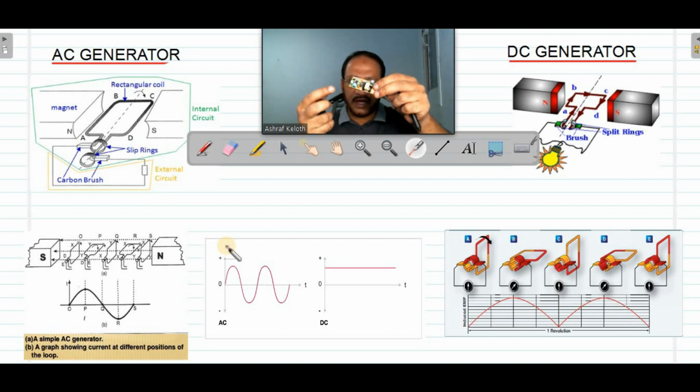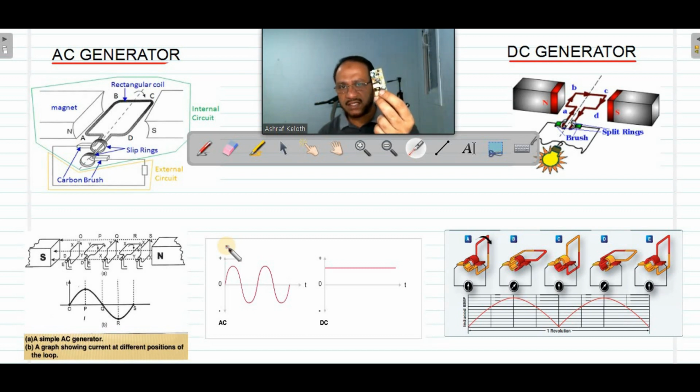Then after that you can see there are many electronic components here. The main part is a diode, and that diode, working with other electronic components, converts AC into DC. So a mobile charger is a device used for converting high voltage 220 into 3 volt, plus it converts AC into DC. Then only it will be given to the mobile phone for charging.